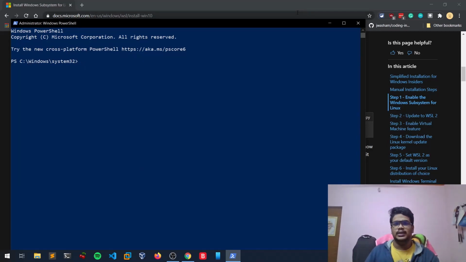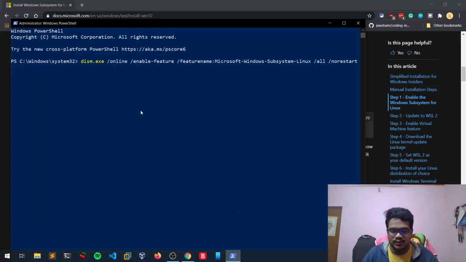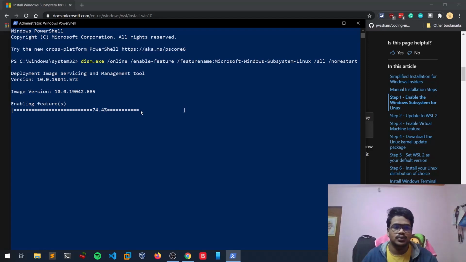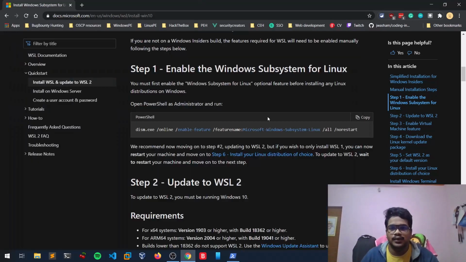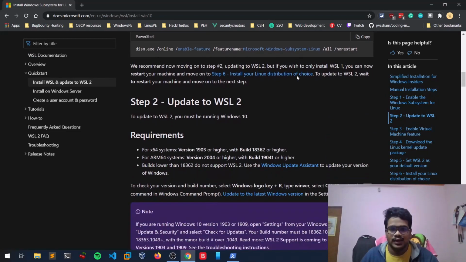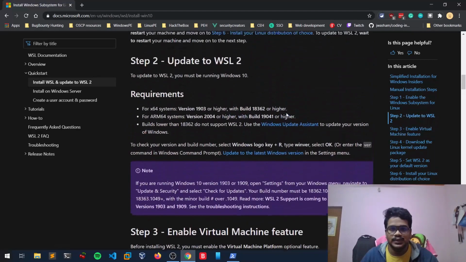I don't know whether this works on any pirated version, but the guide recommends using the latest version, so make sure you have that. Let me copy this, right click over here and hit enter. You can see it is enabling a feature, so we enabled the Windows Subsystem for Linux feature. We also need to enable the Virtual Machine feature.